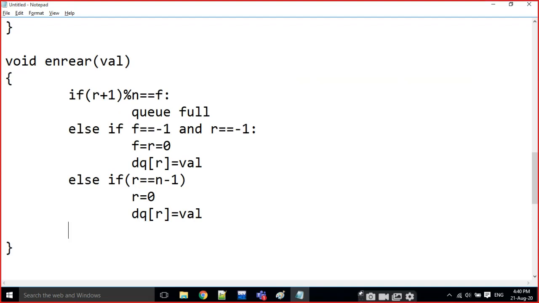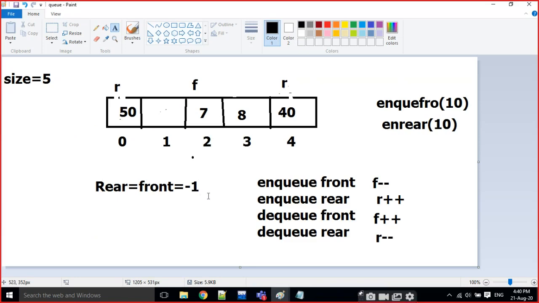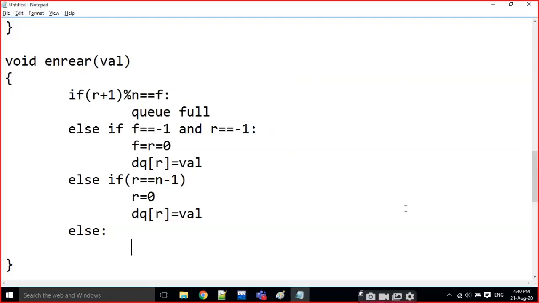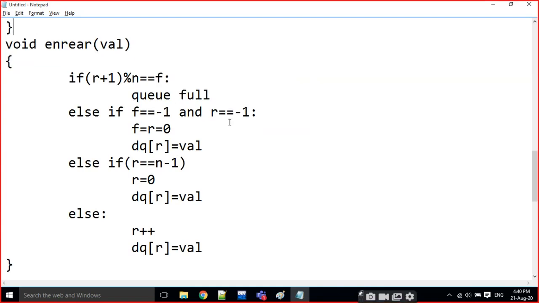That's it, very simple. Else, for all the remaining cases, what do we have to do? NQ at rear, every time R plus plus, and DQ of R is equal to value. This is the double-ended queue at NQ at rear position.